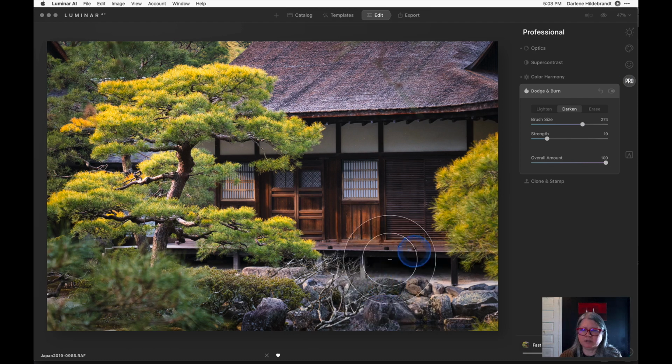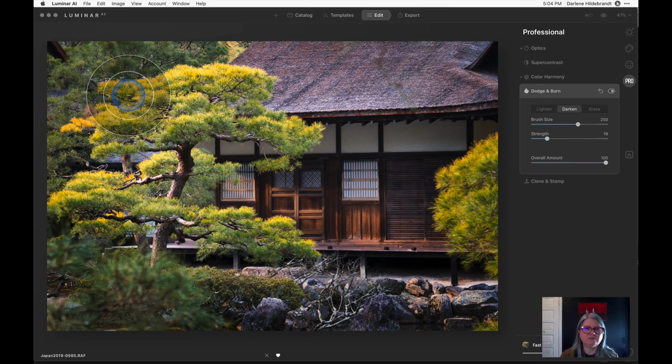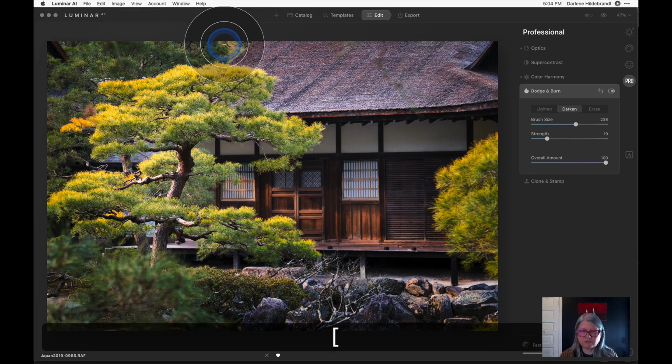Okay, so what's going to happen is when I paint here, when I click here, it's going to darken the areas that I'm clicking, right? So I want to darken this bottom area quite a bit, and maybe even this bush over here on the side, because I want to bring more of the focus to the building itself. And let's go on the top. You can make the brush